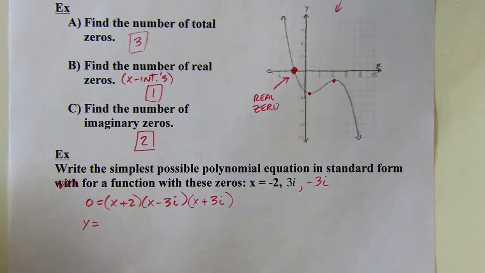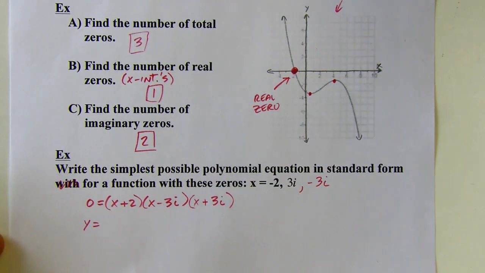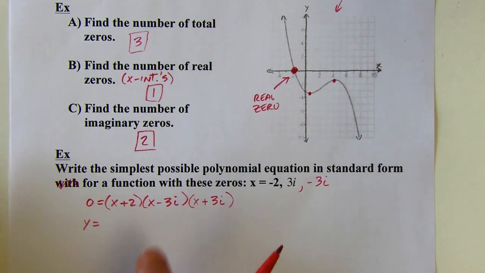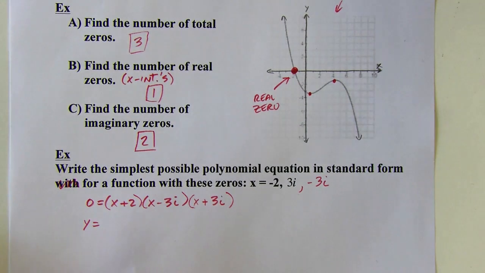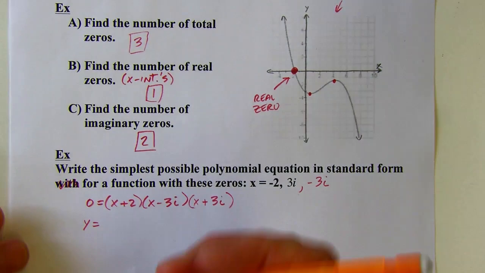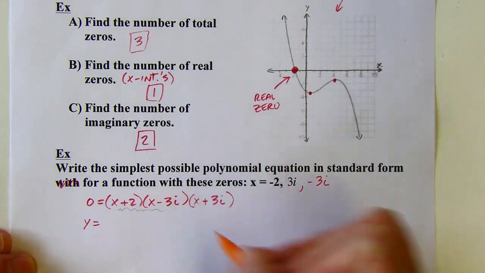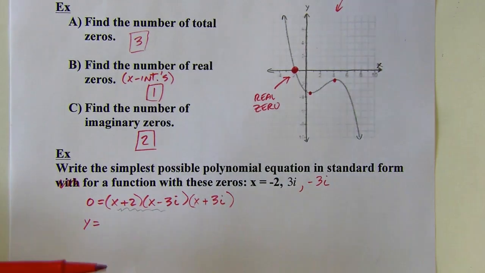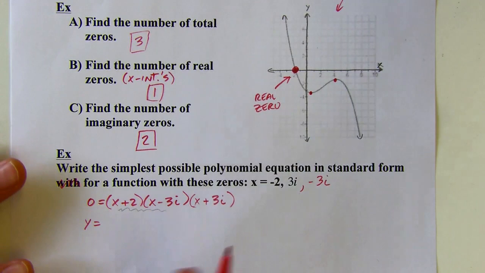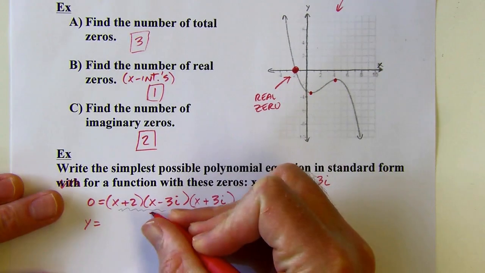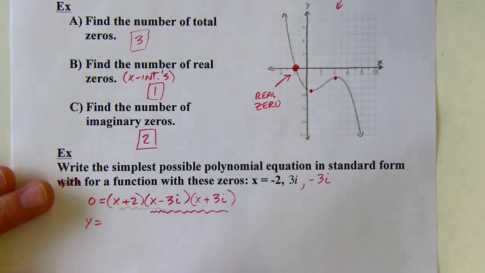You could write f of x if you wanted to write it in function notation, but I just put it as y. And now this is not in standard form, so I have to multiply it all together to put it in standard form. Some people are just going to start multiplying from left to right. You can do that, but I wouldn't recommend it. It's going to be a big mess like that. It will work out if you do it correctly, but it's going to be much easier if you first multiply